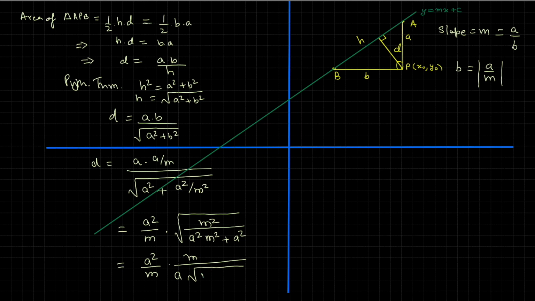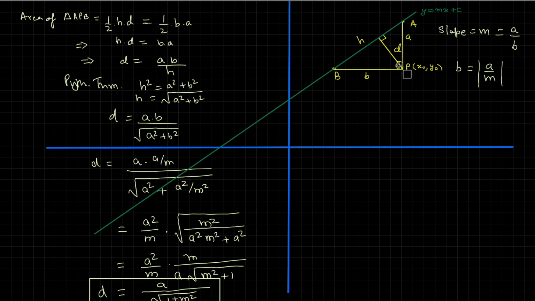Here we brought out the square terms, times square root of m square plus 1. And simplifying further, d will be written as a divided by square root of 1 plus m square. So now we have written d in terms of just a and m, and the final